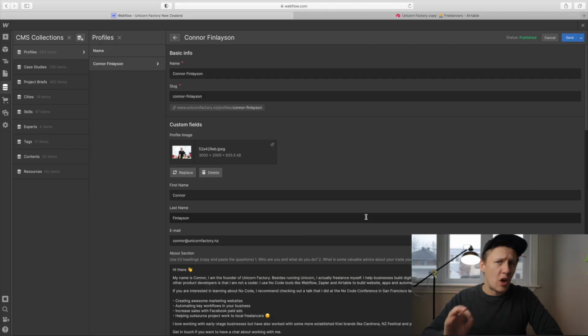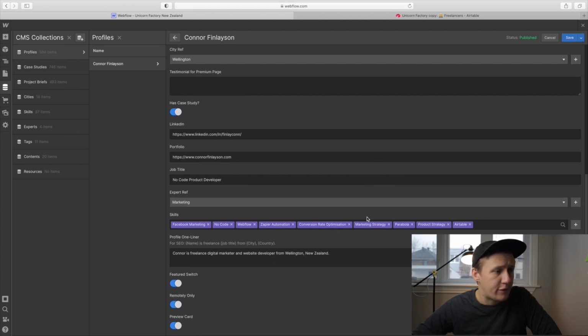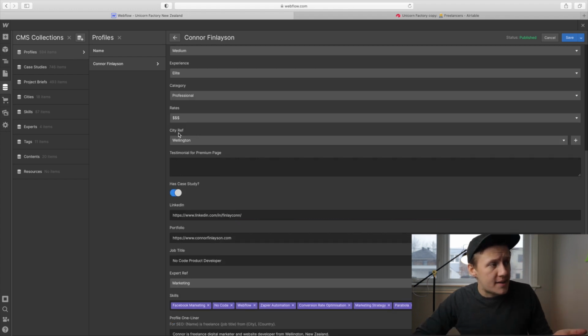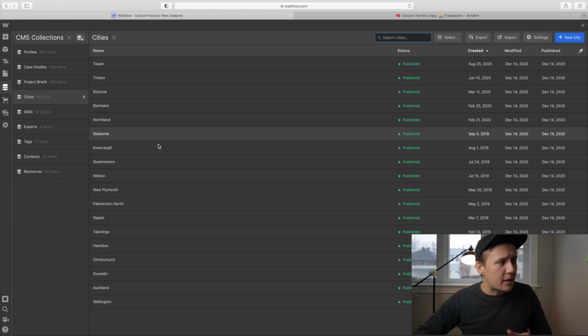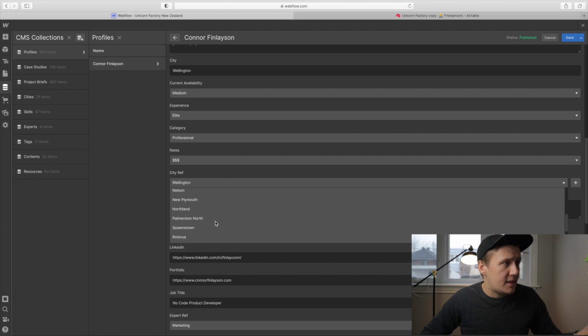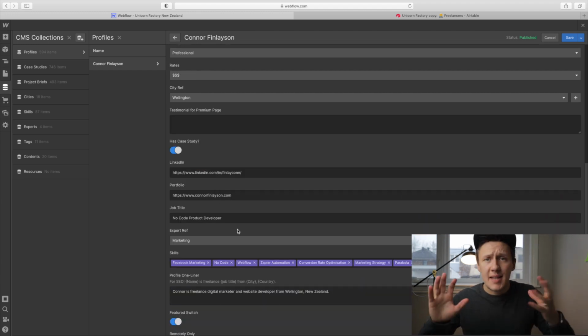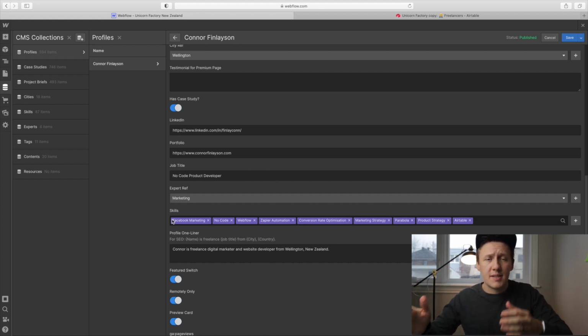single reference items. So if we jump into the Webflow CMS and check out the profiles collection, we can see down here that we've got a whole bunch of fields that are linking to other collections inside of Webflow. The first example is the city reference, which relates to the cities collection inside of Webflow. If I click into the cities collection, you can see all the different cities that I have on the Unicorn Factory. Then I can use this reference field to pick the city that is associated with my profile. The same theory applies to the expert reference, which references what category of freelancer one is. And then below we can see a multi-reference list, which references all the different skills and services that a freelancer